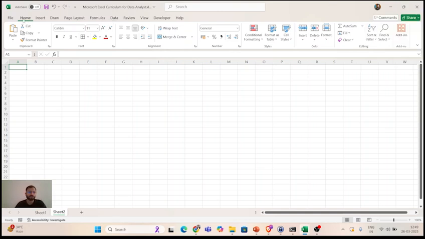Second option is about tabs. So this is file, home, insert, draw, page layout, formulas, data, review, view, developer, and help. You might not be able to see developer in your version as of now. I'll tell you how we get it here. So these are called tabs, the different tabs in Excel, correct? We will explore each of the tabs in the video.